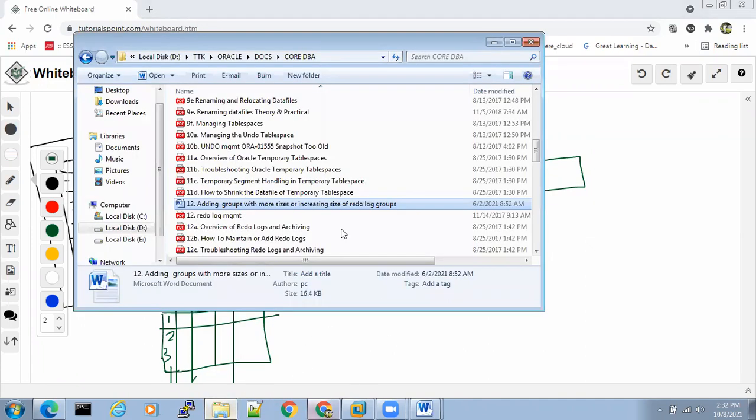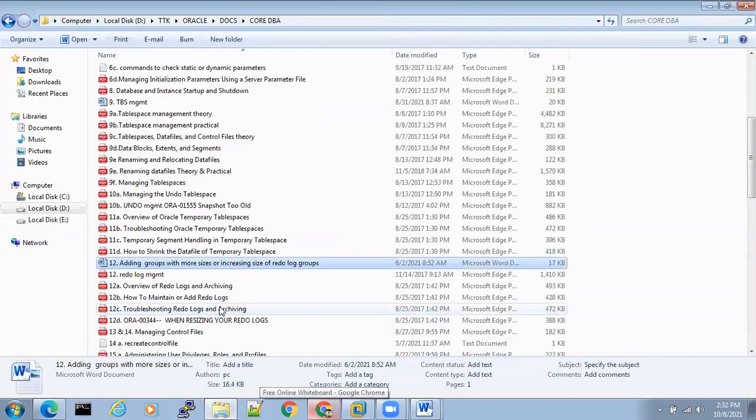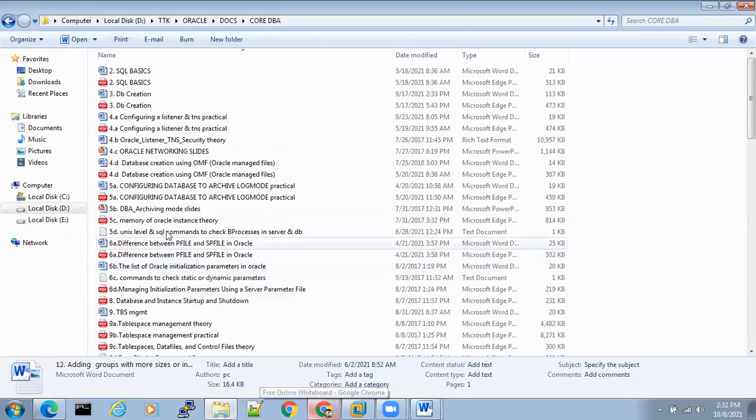Okay. Now all these documents are there, right? These are the class documents, the code DBA documents. Are these in proper order? Yes. 2, 3, 4, 5, 6, 7. It's in proper order. Yes or no? Yes, sir. Now I don't want this. I want to see it in descending order. How do I do it?